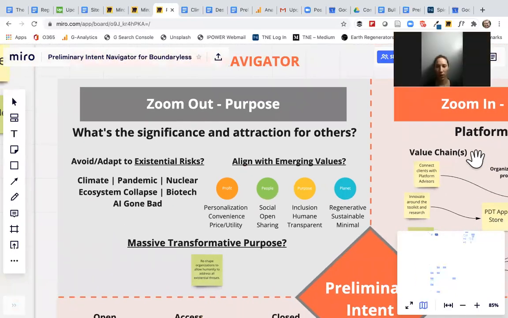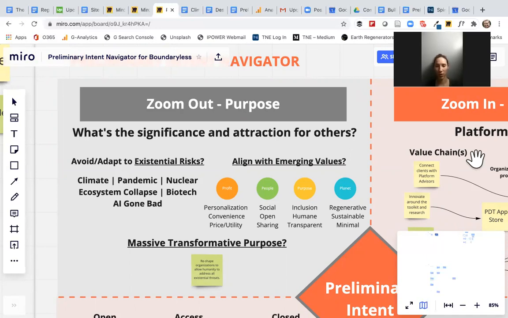So with a broader ecosystem in mind, you can think about broadly what are the impacts or potential opportunities such a large group of constituents could be part of. The big question underneath zoom out purpose is what's the significance and attraction for others?